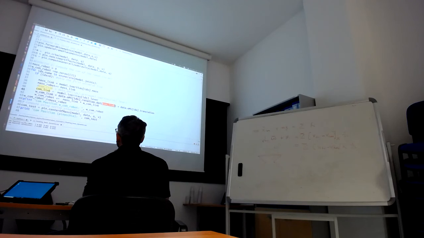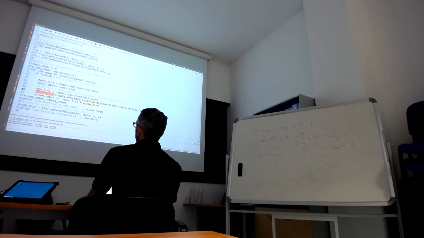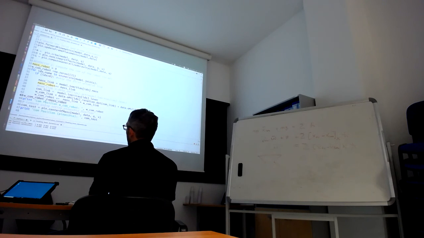So this is the position of the central mass of the link in the link frame. Then you need to rotate it toward this vector and add the position of the link frame in the world coordinate. So we get the position of the central mass of the link in world coordinate, and we can multiply each of these vectors by the mass, and then divide by the mass of the robot, and then we get the central mass